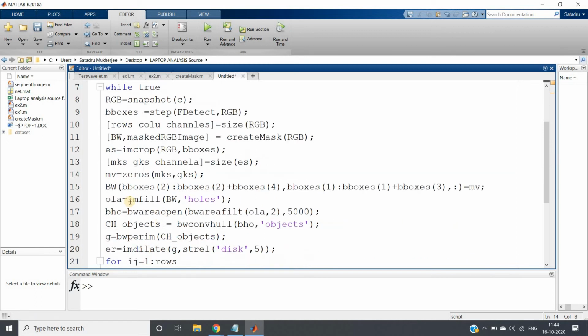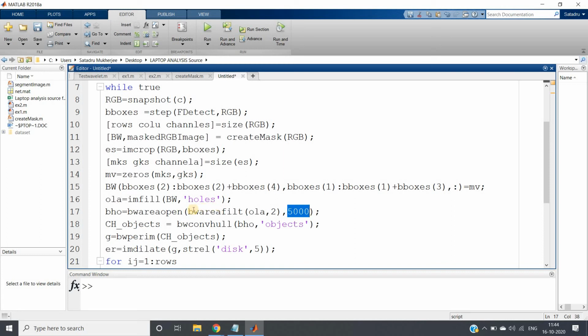All right, and then I am filling holes in the rest of the parts, which are basically hands. There might be some noise present, so I am taking the largest two objects using BW area filtering, and also applying BW area open, considering only binary objects having more than 5000 pixels.